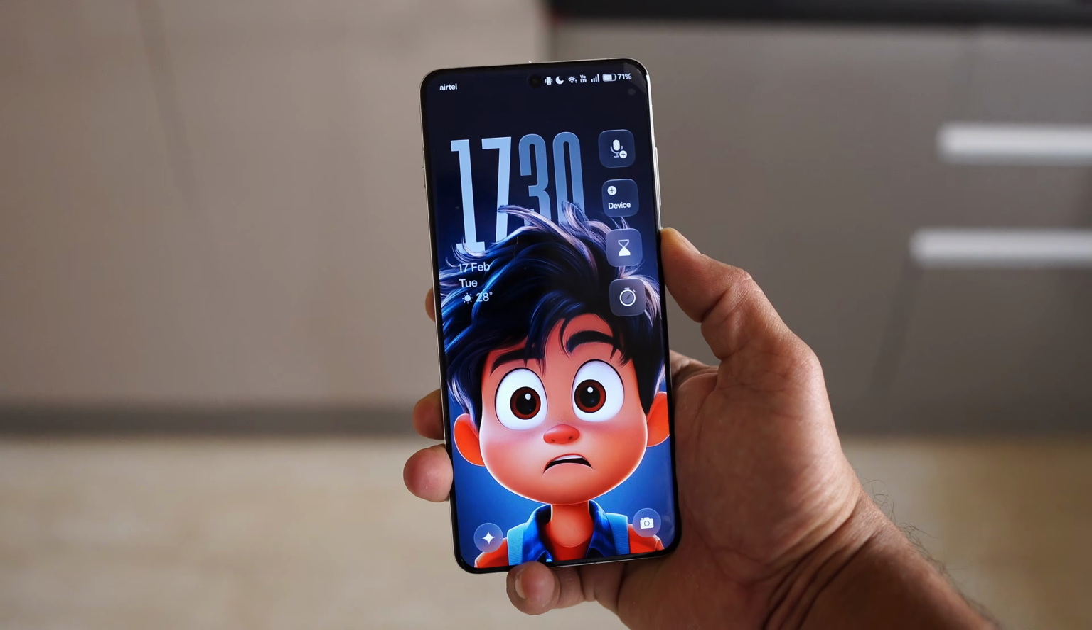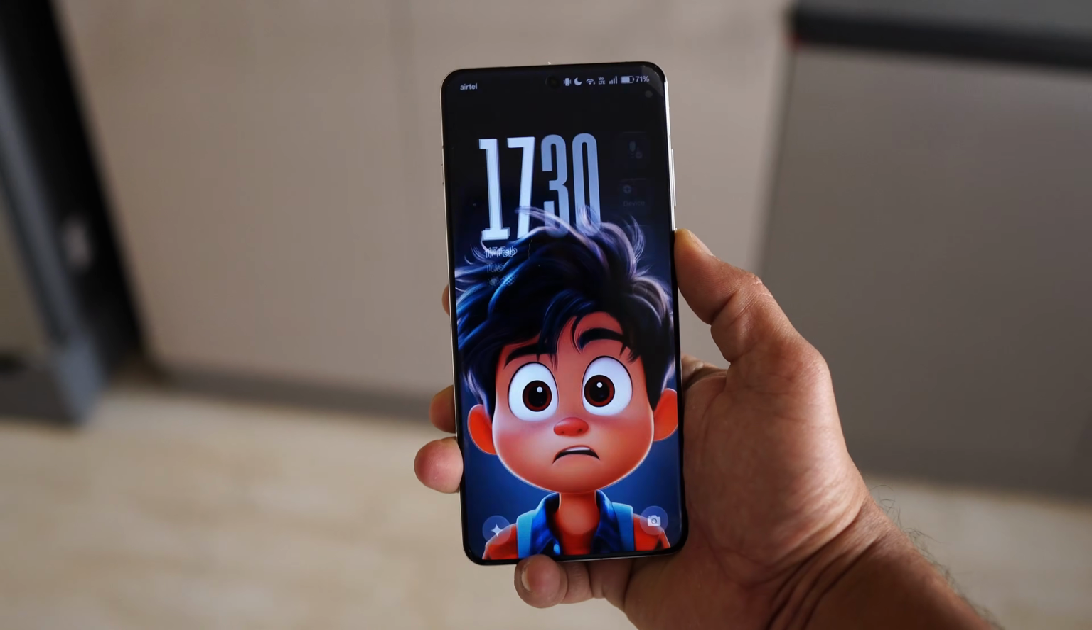What's up guys, welcome back to yet another interesting video of some of the best wallpapers for the depth effect